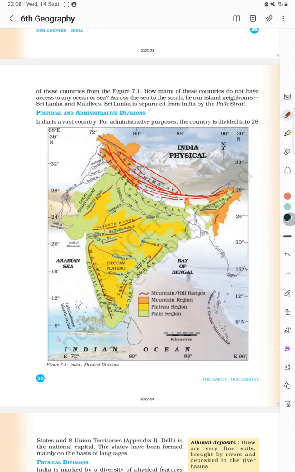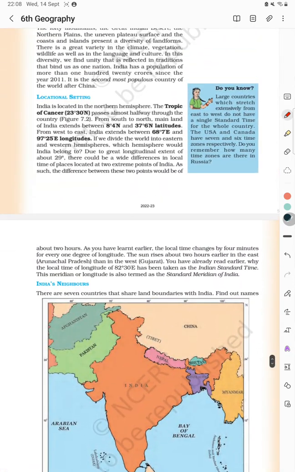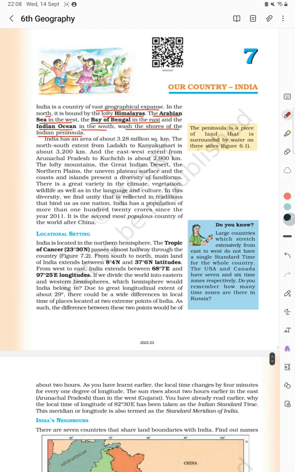Then in the west, Arabian Sea. In the east, Bay of Bengal, and in the south, Indian Ocean. Clear? So Himalayas in the north, Arabian Sea in the west, Bay of Bengal in the east, Indian Ocean in the